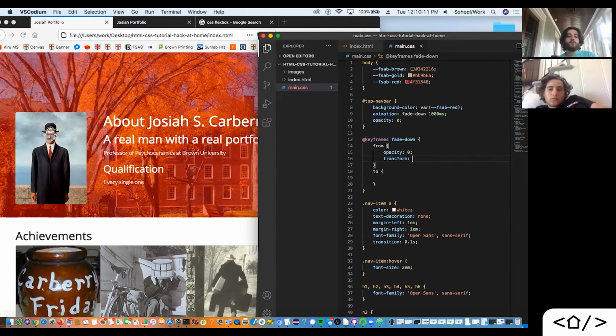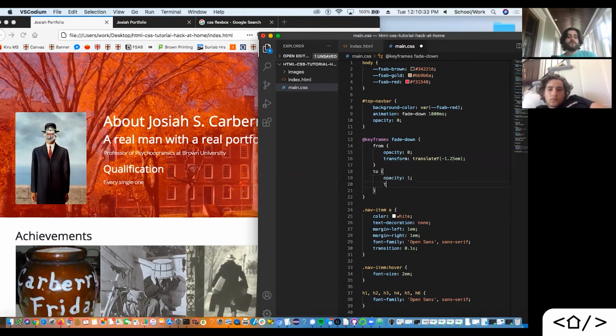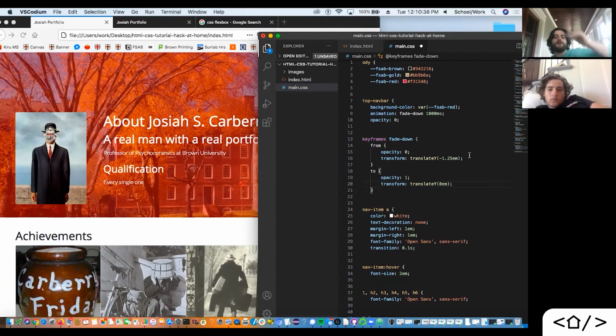We're going to set the transform Y. So transform is equal to translateY of negative 20 pixels, and that's just going to move, transform and translate, the location of the nav bar to 20 pixels above the screen. And then we're going to say opacity of 1, and we're going to transform that to translateY of 0 pixels, which is just where it is normally on the screen. And so what's going to happen is CSS is going to fill in the blanks of those over the course of 1,000 milliseconds to make a smoother